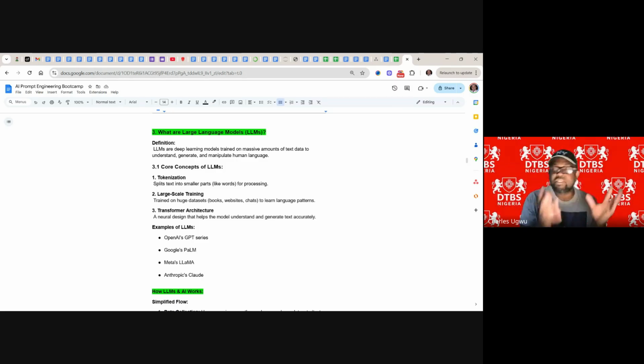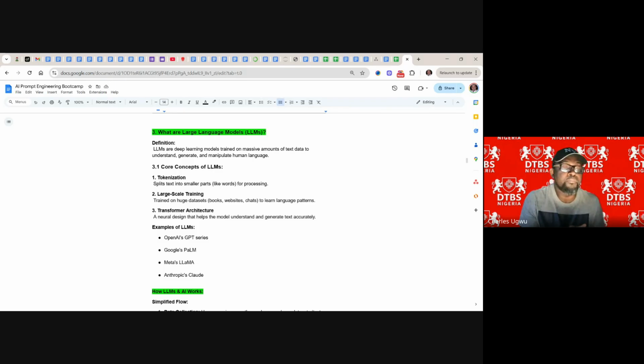Then talk about charts, talk about images. They fed them with all this and trained them on how to mimic human beings, leveraging this amount of data set they've been fed. So they've trained them, they are waiting to be prompted, and they will give you what you want. So that's it. They learn language patterns, and they use that to give us the kind of answer or information